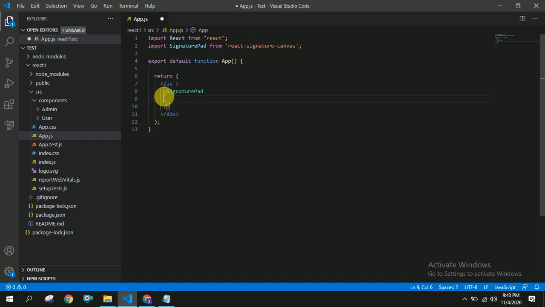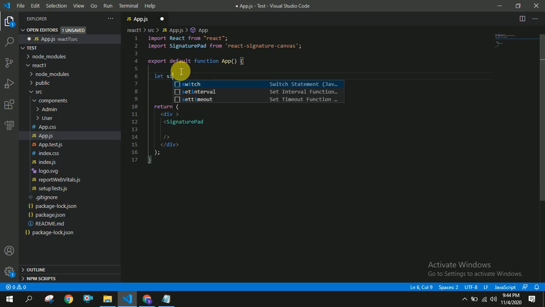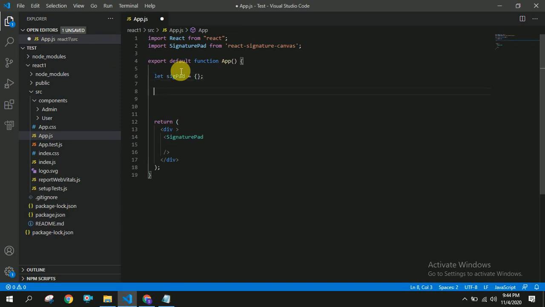So we have to use the signature pad reference. For that we have to create a reference here. Let sig pad equal to empty curly braces, or you have to create the reference.